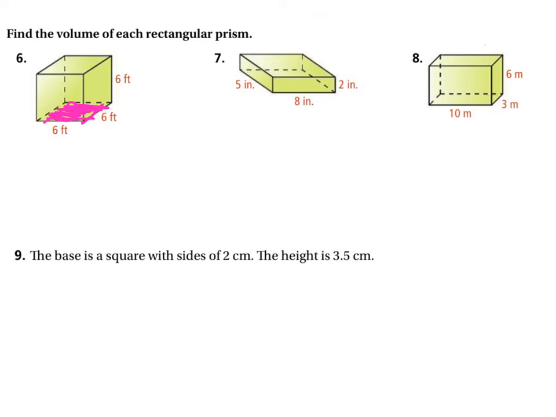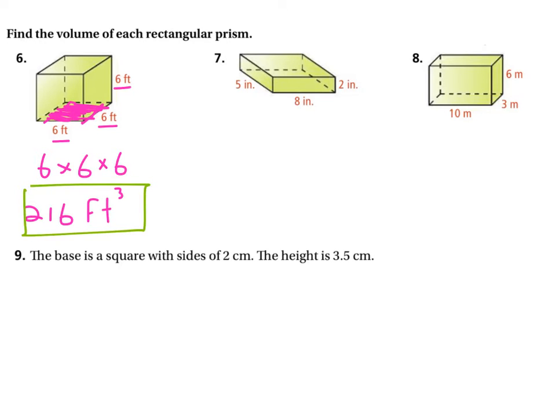So it's like that 6 times that 6, and then you do the area of the base, that 6 times that 6, times the height, that 6. Okay, 6 times 6 is 36, times 6 is 216, and since it's feet times feet times feet, right, the 6 feet times 6 feet times 6 feet, those feet are multiplied together 3 times, and it's feet cubed. Okay,